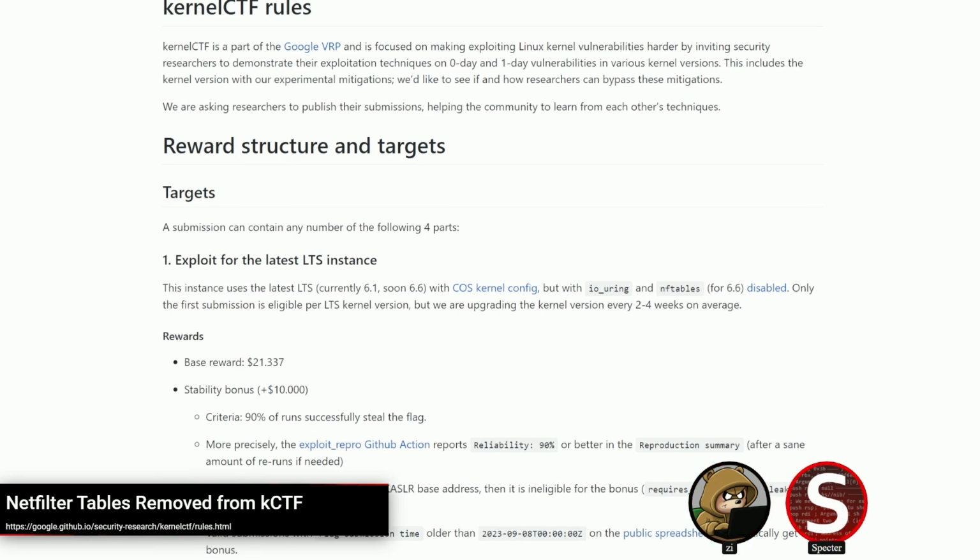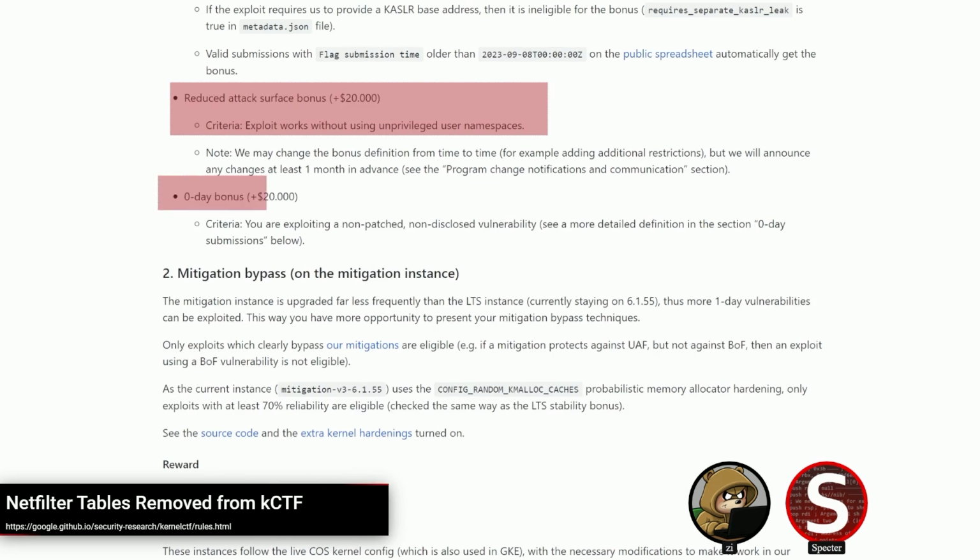Yeah, and the payouts are still pretty good. Even for 0-days, the payout is pretty decent compared to a lot of other places if you don't want to go to the gray market. And there have been some core kernel bugs reported through it. Especially if you work at a company, and the higher paying markets aren't really available to you, then kCTF still is pretty attractive. So I'm not saying kernel CTF is dead by any means or that you shouldn't look at it, but